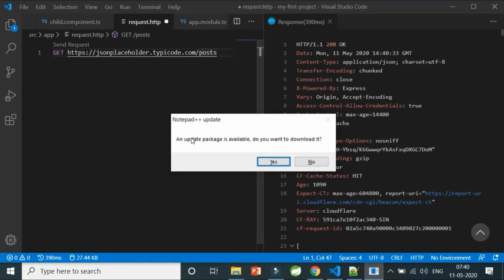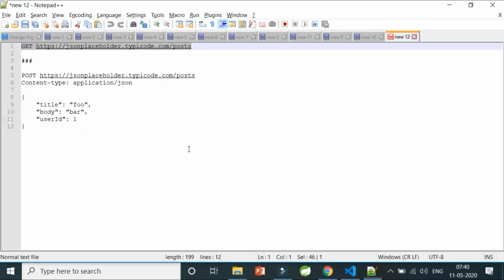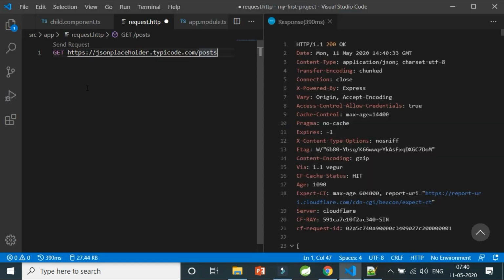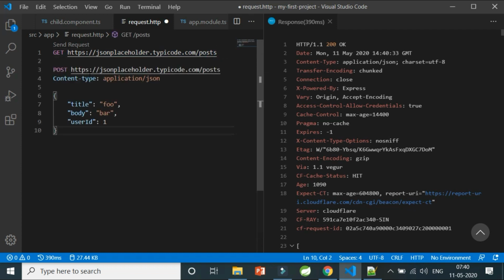Similarly, I'll give you an example of a post request. I've done that for you also. If I press enter, as soon as you put your URL, you have to tell it either it is a get or a post. Then below it, you have to tell what the headers are. For example, here it is content type. Then I need to send a particular JSON content type as application/JSON and I'm expecting a result.